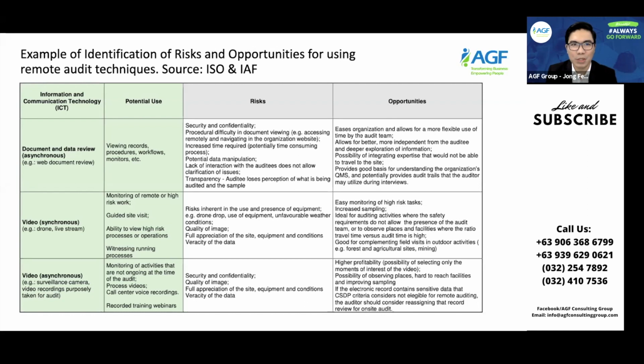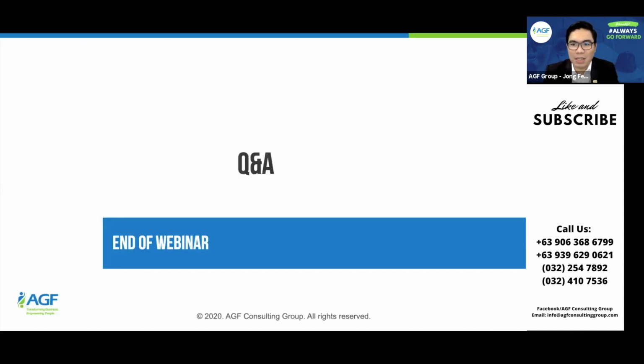All right. So we have covered the same audit process, from audit planning, which basically includes initiation, determining feasibility, risks and opportunities, audit execution, audit reporting, audit conclusion. The same process applies in a remote audit. Of course, it's just that there are different sets of pros and cons because it's done via a remote setup. So that ends my presentation. Do you have questions or clarification?